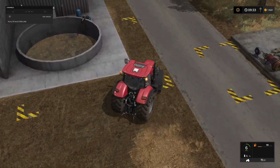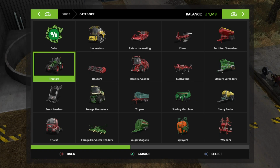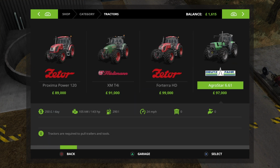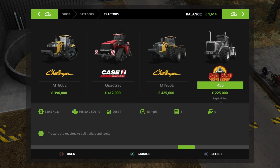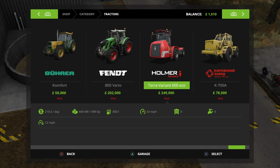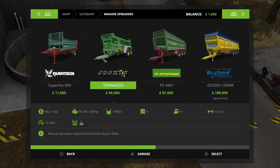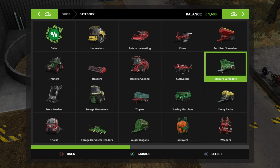And how much slurry do we have? 38,000 litres. So one of the other things I've been toying with the idea of getting is the Holmer Terra variant, because we could use that for slurry and we could use that for manure as well. I think that would be very, very useful. And it is 250,000 plus attachments. So for manure, we would need an extra 43,000, and for slurry,